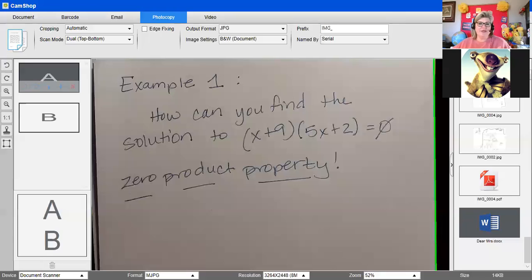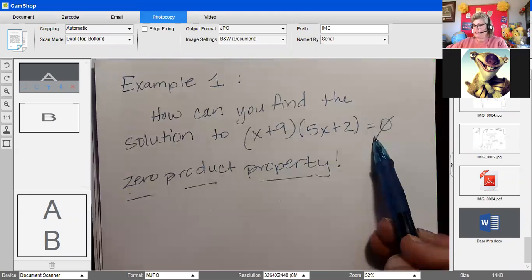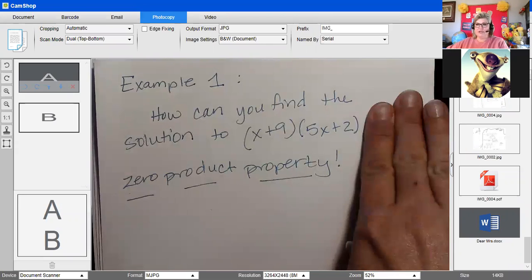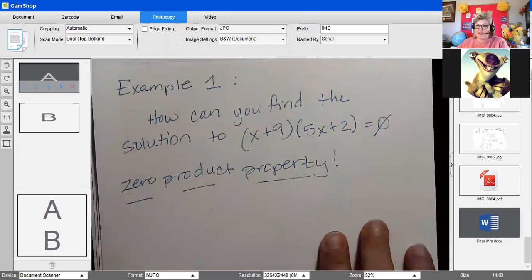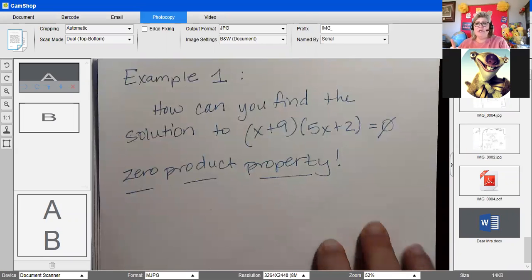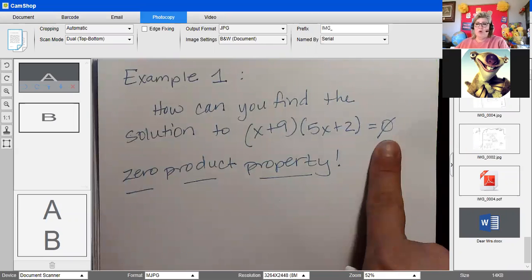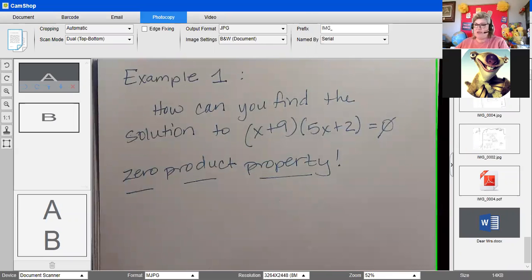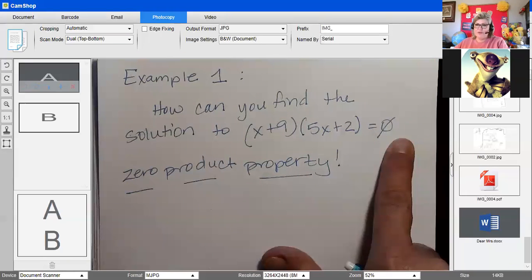One of the major things is that even though it looks very similar to what we've seen in the past, it has an equal sign. So we're no longer dealing with just expressions. We're dealing with equations now because we have that equal sign. Another thing that we need to look at is it says that it's equal to 0. When we think about something that's being multiplied together being equal to 0, then